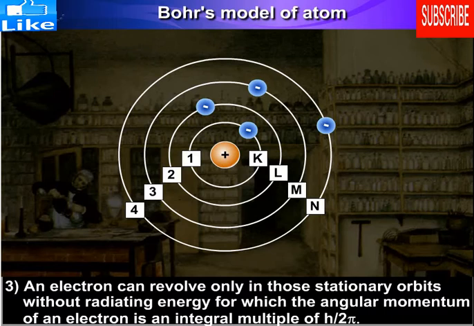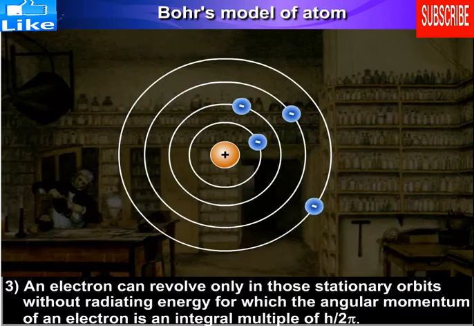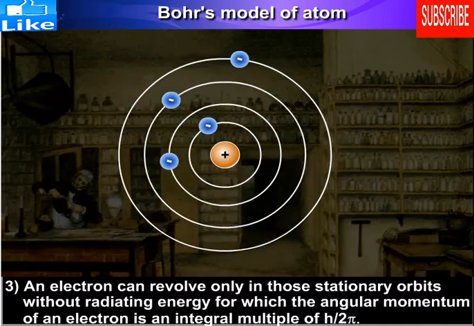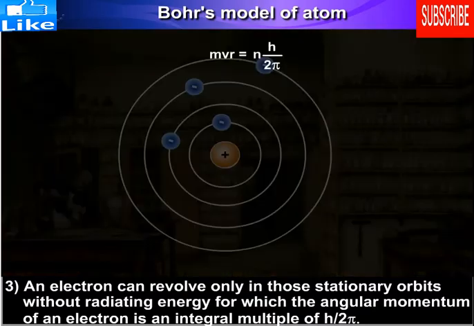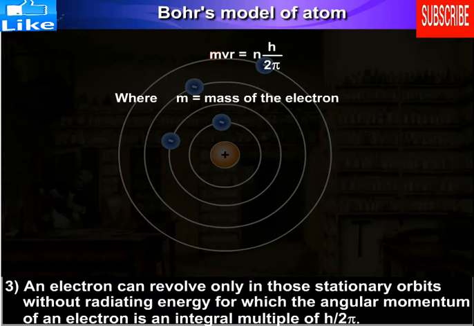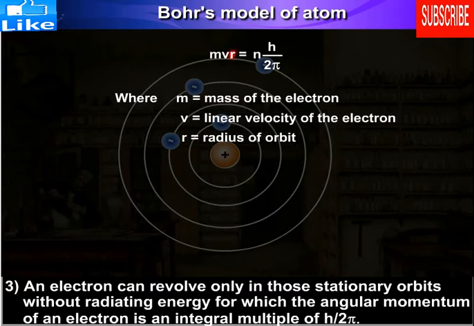3. An electron can revolve only in those stationary orbits without radiating energy, for which the angular momentum of an electron is an integral multiple of h upon 2 pi. mvr equals n h upon 2 pi, where m equals mass of the electron, v equals linear velocity of the electron, r equals radius of orbit,